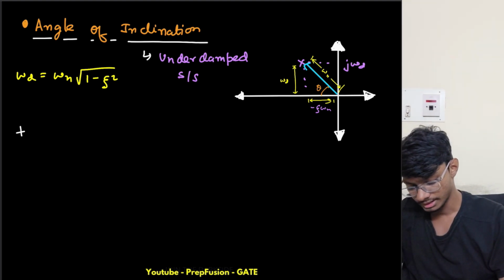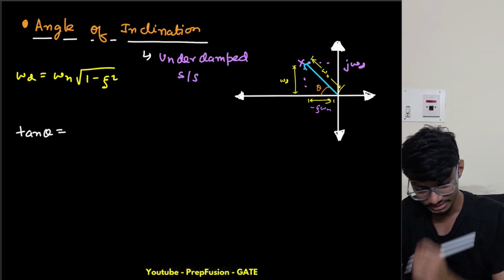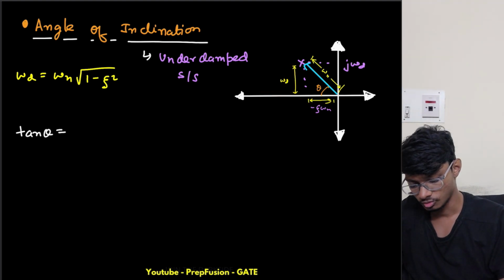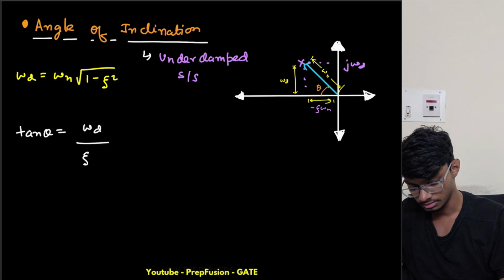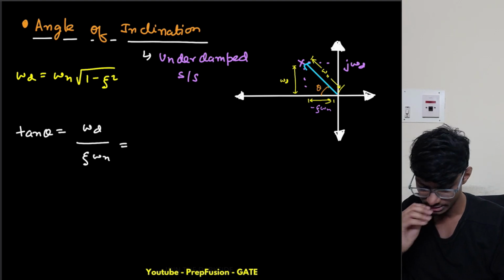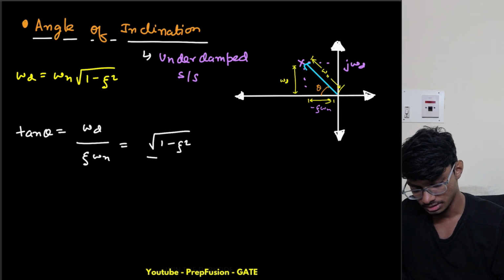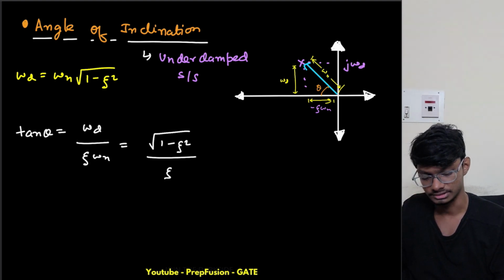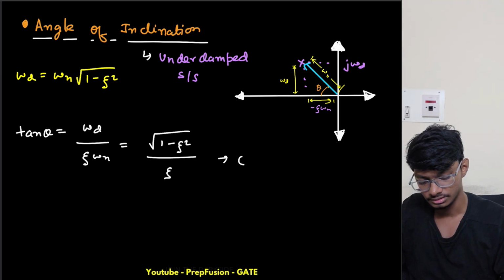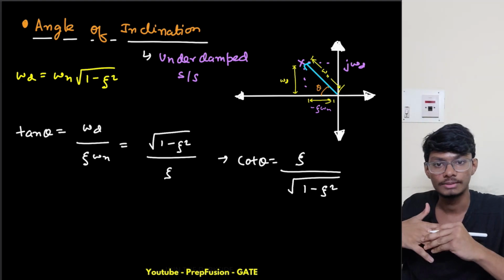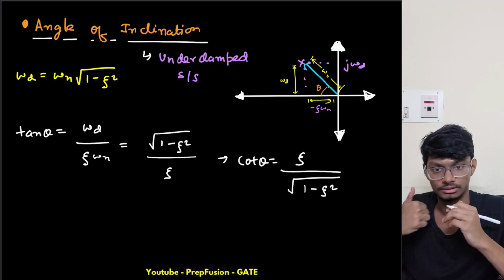So the first one is tan theta. Tan theta is basically height upon base, right? So it is omega d upon zeta omega n. So what is this equal to? Omega n will get cancelled. I will get under root 1 minus zeta square by zeta, right? Now I can write cot theta, the inverse of this one. Cot theta equals zeta by under root 1 minus zeta square. So this is the very important relation that I used in finding the MP,